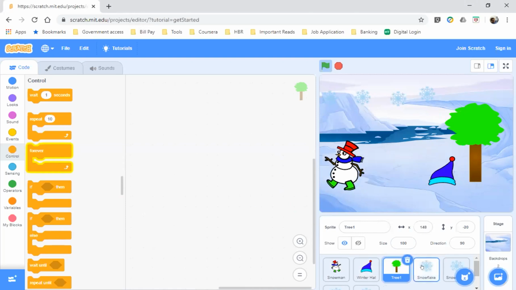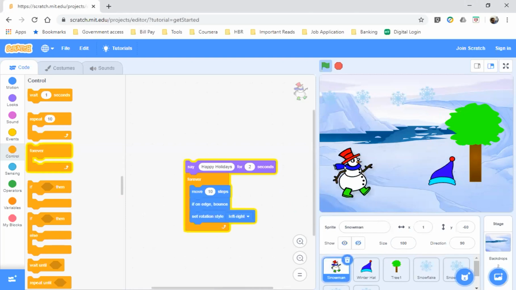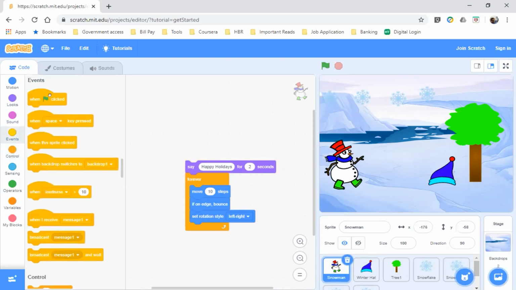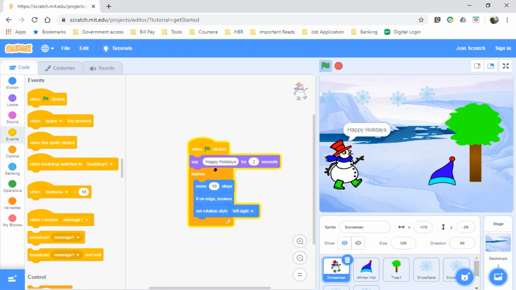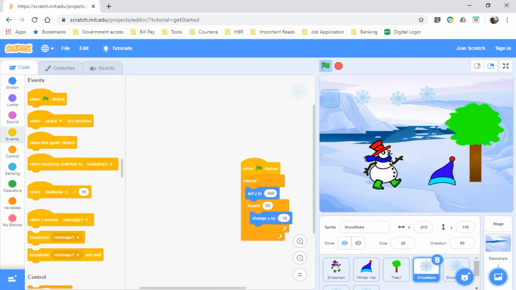You have to stop your sprite first. Then go to events and put your green flag. Okay. And for other sprites also, you have the green flag for everyone. Yes. This one snowflake, sir. And this, sir. Okay. Can you go full screen and show me?